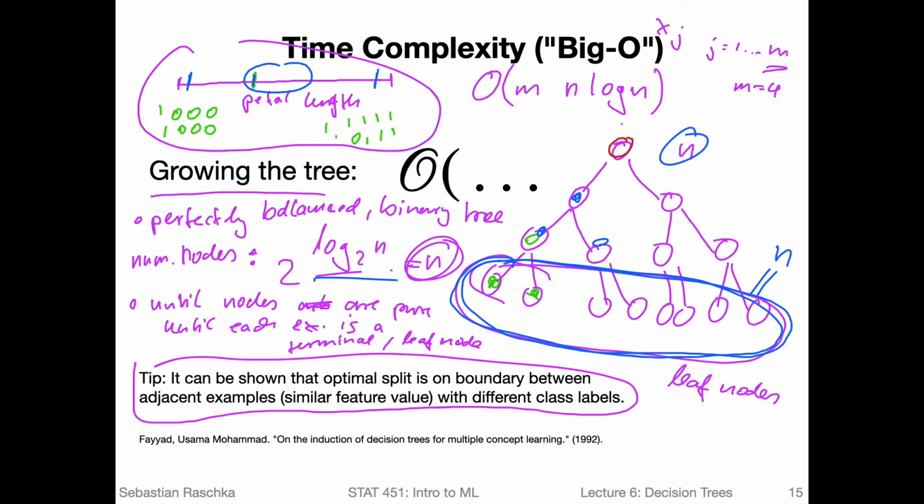So the splitting nodes are the ones that I'm highlighting here in red, rather than the terminal nodes, when we do the complexity analysis, because the red nodes now are the ones where we actually do the work, right? When we are at the leaf nodes at the bottom, we don't have to do any work anymore. So the red ones are the ones where we actually have to run some code to split them. These are the ones where we actually run this n log n operation. So how many of these red nodes do we have?